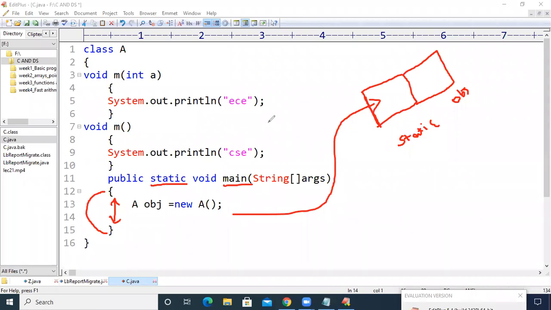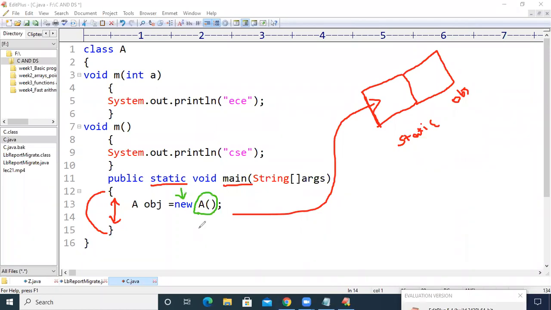Now the compiler will see what are the things which do not have the static keyword in front of them inside class A, and bring all of them to a memory. Whenever this statement is executed, there is a keyword called new.